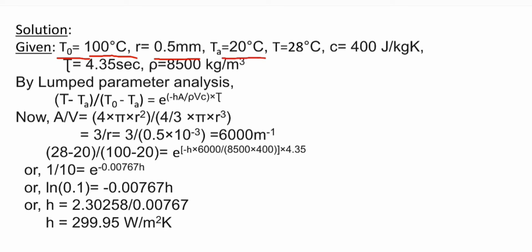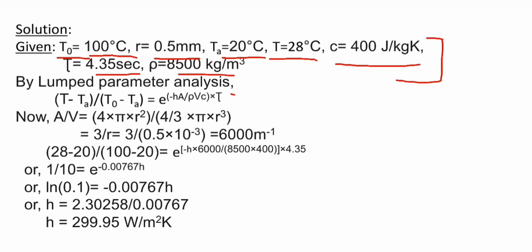T is the final temperature of the metal bead, which is 28 degrees Celsius, and the specific heat of the metal bead is 400 joule per kg Kelvin, and the time is 4.35 seconds. The density of the metal bead is 8500 kg per meter cube, and all these values are given in the question. Since the question has already mentioned that the system is a lumped system,